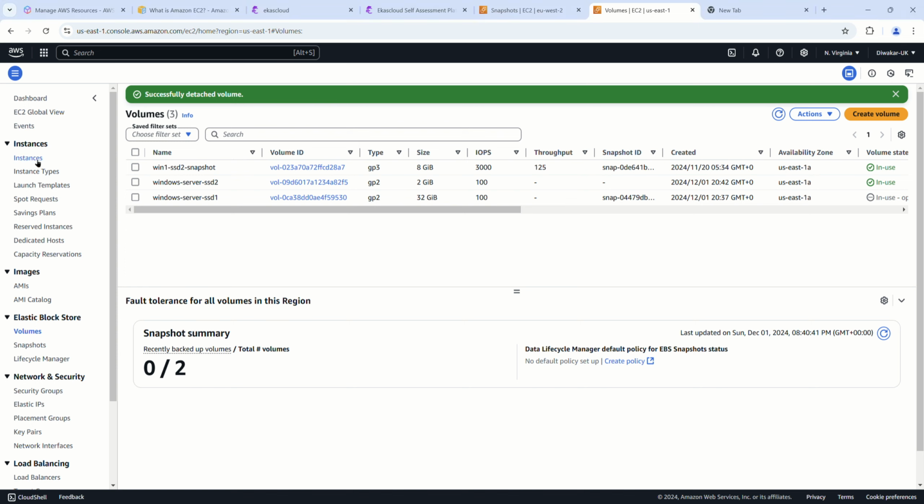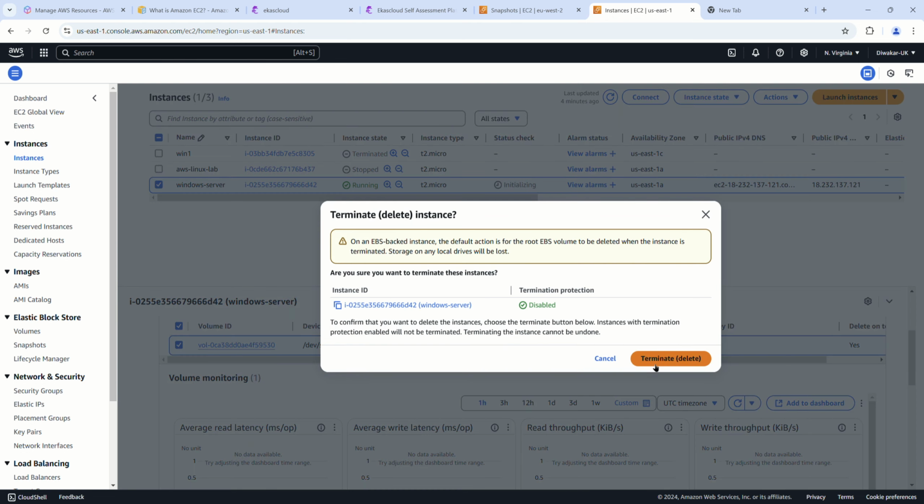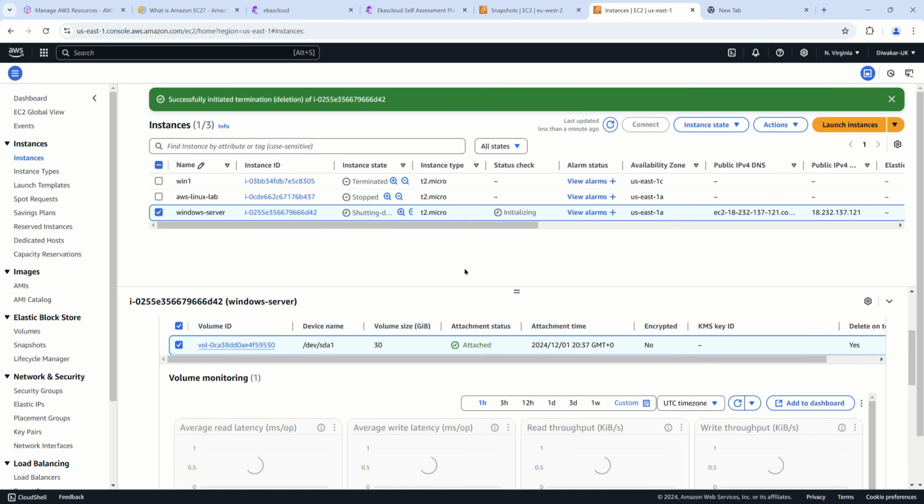and let me kill this instance, which is the Windows server. I will terminate it. And this way we have terminated it. Now one thing to note is, after terminating this, the root volume associated with this, which is the 32 gigabytes of root AMI volume, will be deleted, but the other volume which we created is still there, and we can